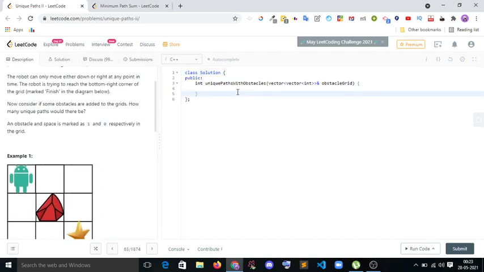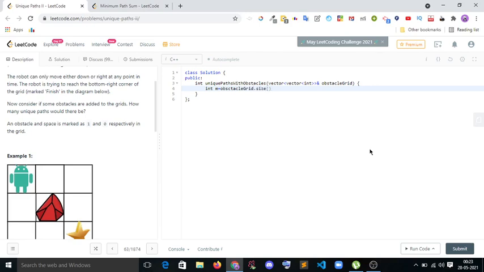First I have to find how many rows are there. int m equal to ob dot size.